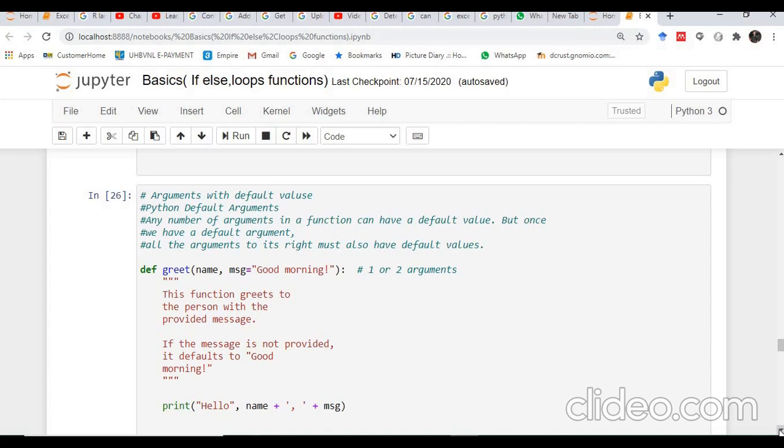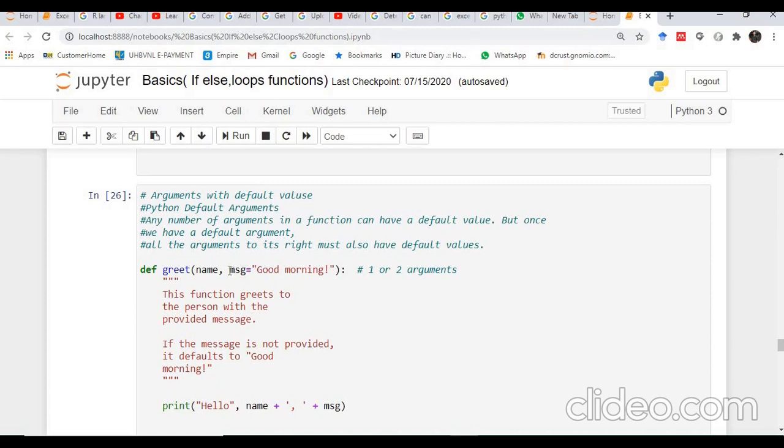Like in this function definition, I'm again using two parameters, name and message, but here I am assigning a value to message, that is good morning, and that is basically how we can make a parameter of default type.